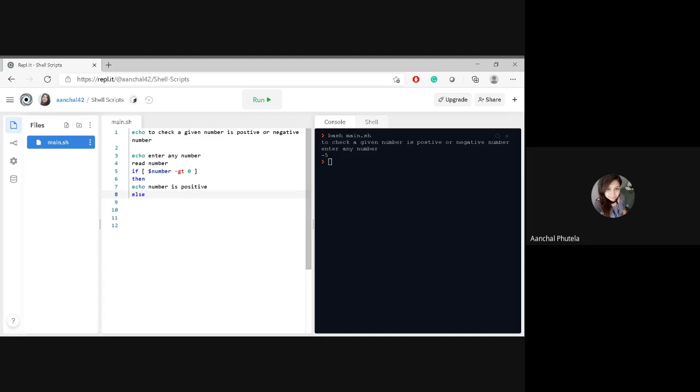I am writing else echo number is negative, right? Then close of if, then run this, enter any number 5, it will show a positive number. Enter any number, I am writing -7, the number is a negative number, right?